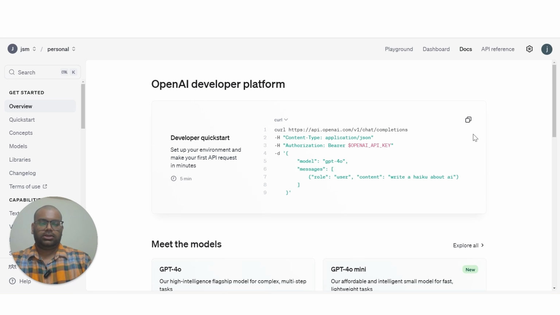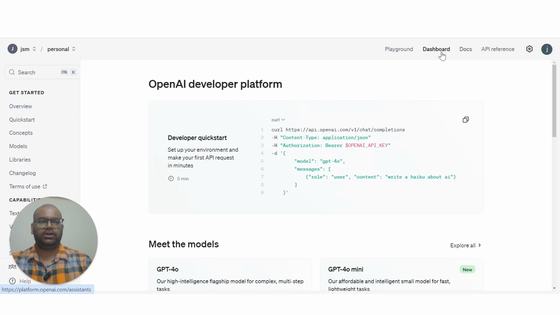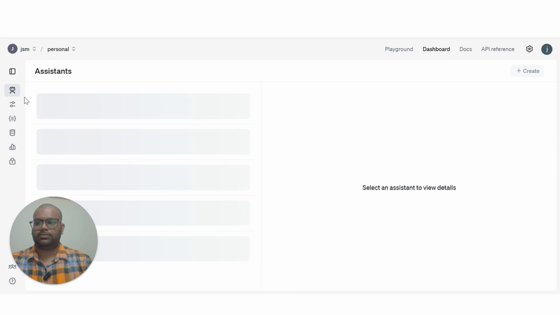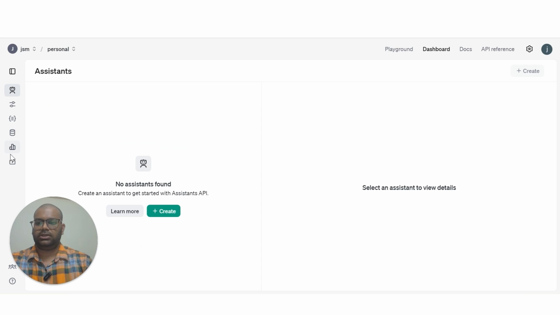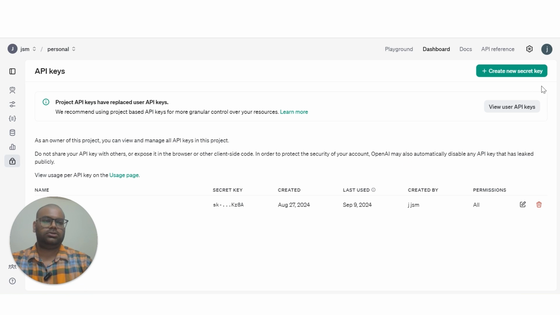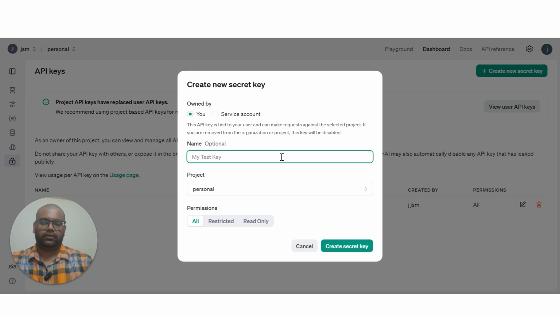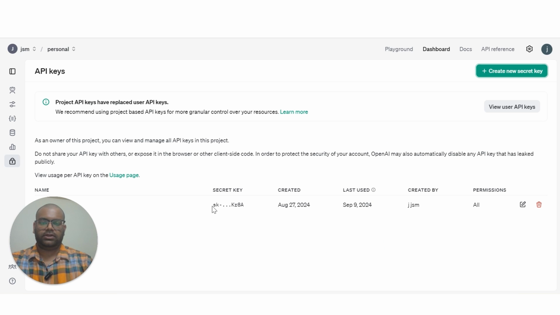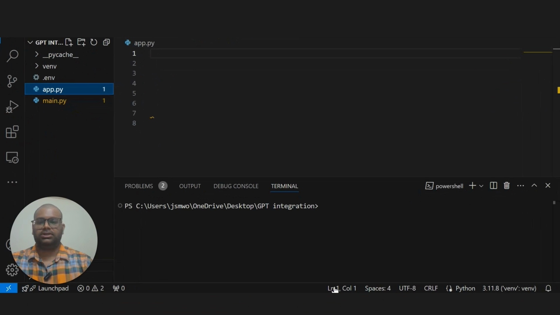So let's get to the step of integrating. For integration, you need an API key, which you will simply get from the dashboard of GPT. Here you can see an option of API key. You just go to create new secret key, enter the following name and create secret key. After that, you will get a key which will be visible here. You just simply copy it and paste it into your